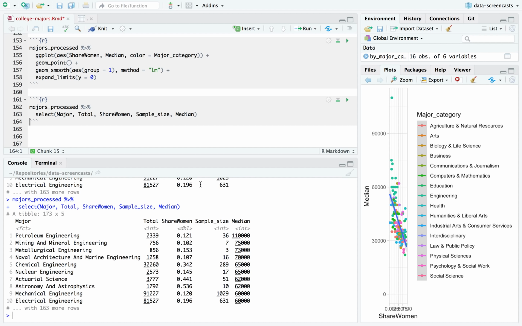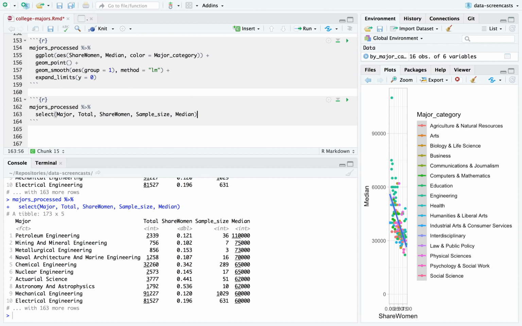I want to predict median from share women and see if that's a significant effect. And here's the good news. We get to use sample size as a weighting variable here. We're going to do a weighted linear regression. This means it won't pay a lot of attention to metallurgical engineering because it only has 3